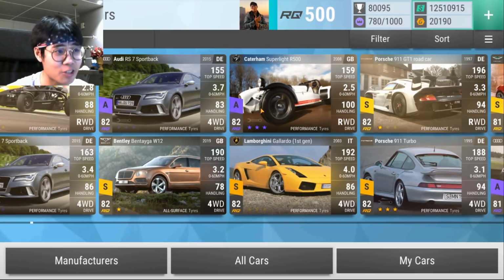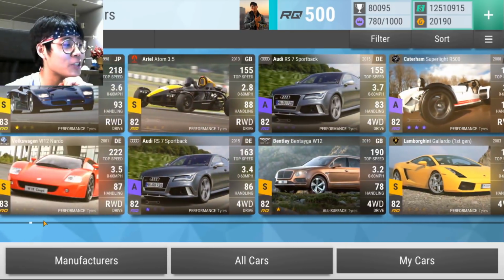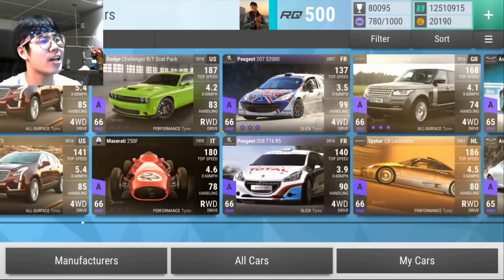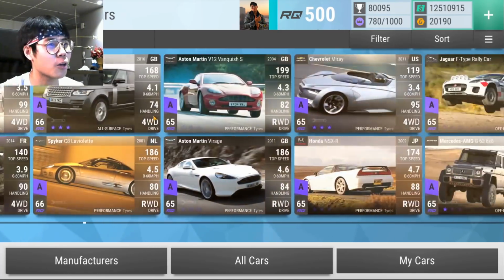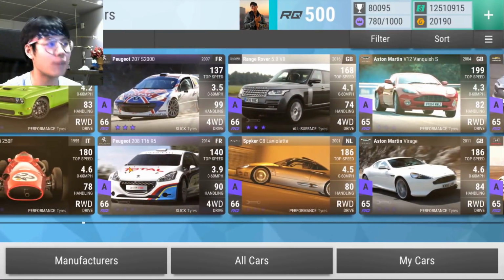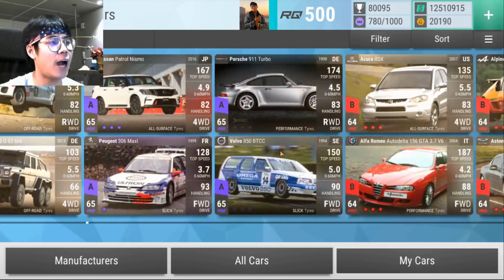Also, quick shout out to the Peugeot army, because I do have the Holy Trinity. For those that don't know what the Peugeot army I'm talking about, we're just gonna go back to like 67 or something like that. 66. Yeah, here we go. Here's the army. Can we get all 3 of them in one screenshot? No, we can't. So we can get 2 here with the 207 and the 208, and then we have the